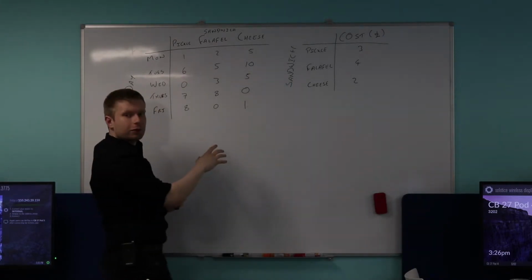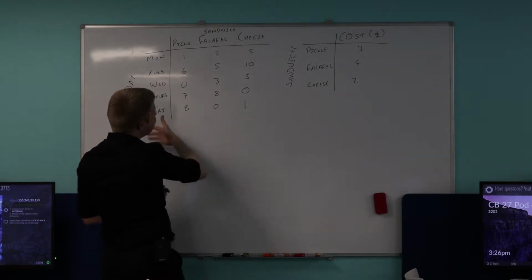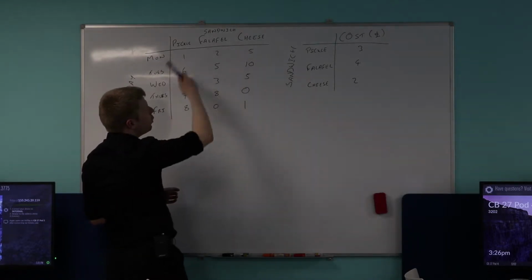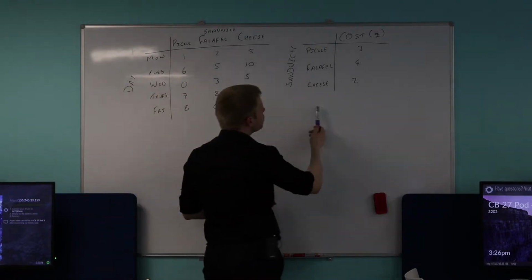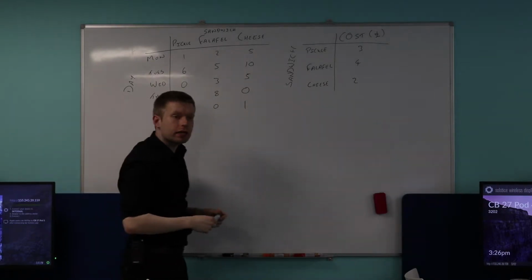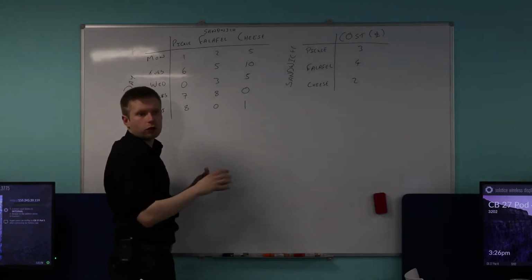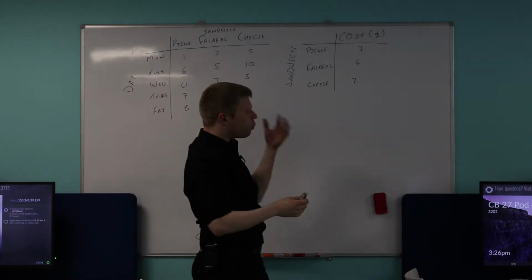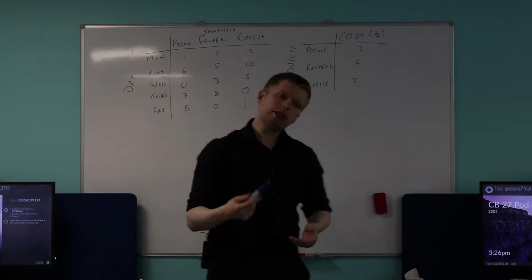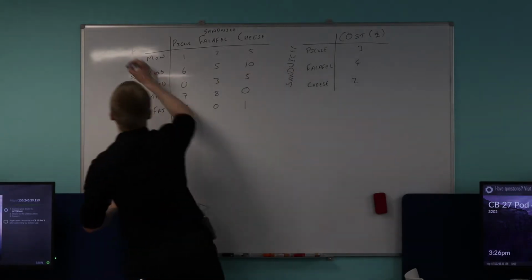This table corresponds to sandwich versus day, so how many sandwiches were sold per day. And this one corresponds to sandwiches versus cost, okay? So how much each type of sandwich cost. So these are just 2 tables. By the way, if you're wondering why we are doing this, we are starting a new topic. This new topic is called